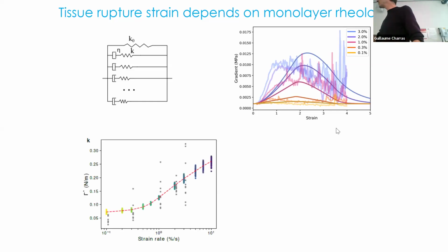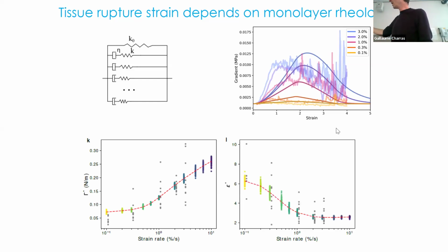If we now take this and fit our rupture stress as a function of strain rate, first of all, we get a much nicer fit to the experimental data, but also our rupture strain as a function of strain rate is now fitted accurately with this type of model. Okay, so I've told you this works,